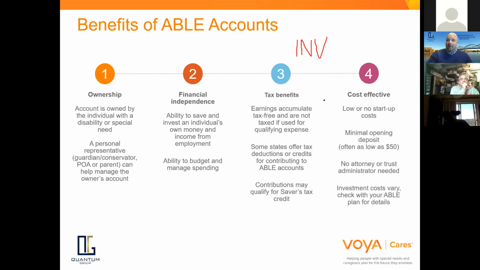They're also very cost effective, very easy to set up, with no cost really when it comes down to it. Most of the states will require a minimum deposit of $50 to start the account, and that's it. You could start it and not touch it for 6 months, a year, whatever it happens to be, and it'll only cost you $50, and that $50 is yours because you put it into your account.